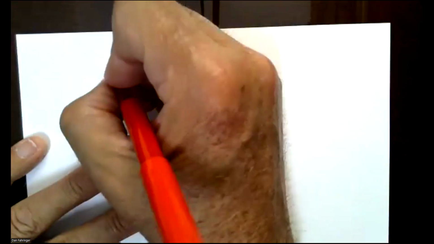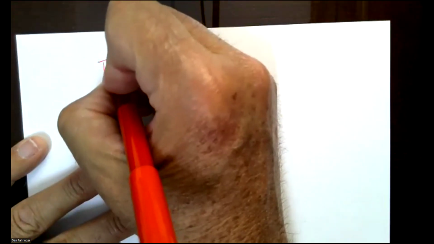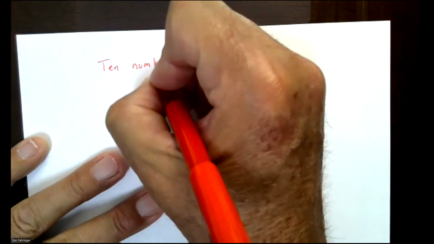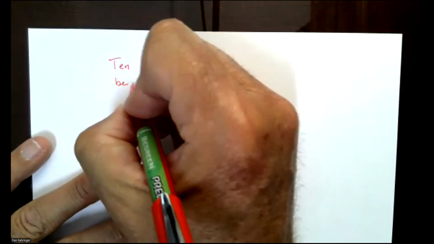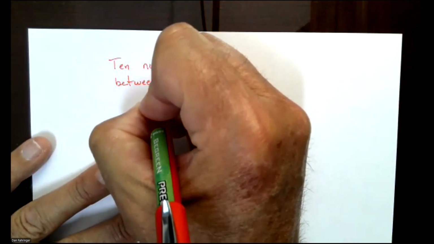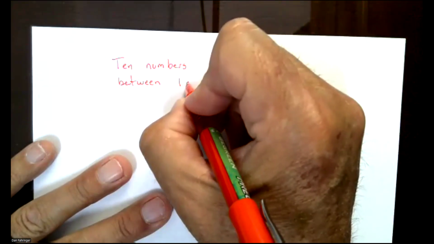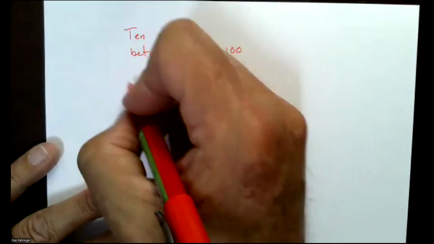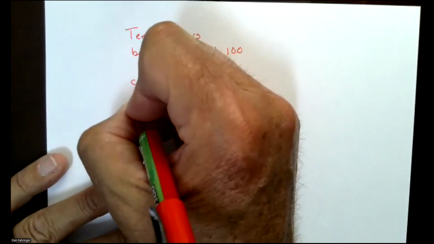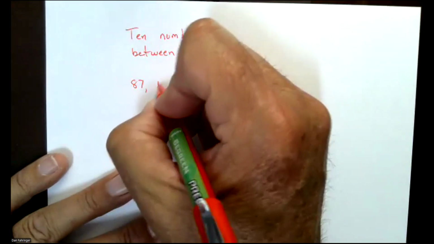All right. We want to store, let's see, 10 numbers. The numbers are between 1 and 100. And the 10 numbers are 87, 16,